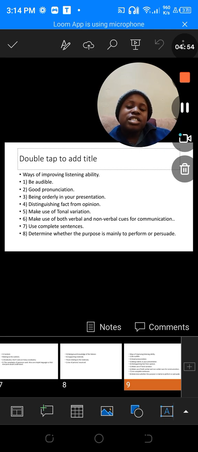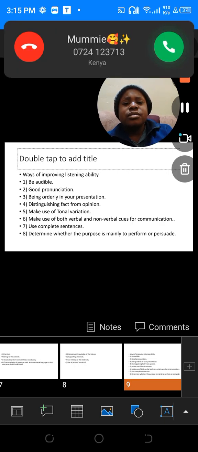The first one is to be audible. The speaker should always be audible so that the listener may follow up on whatever he or she is trying to communicate. Another thing is